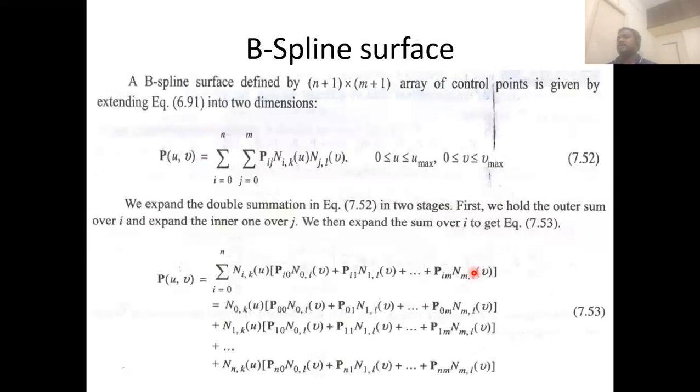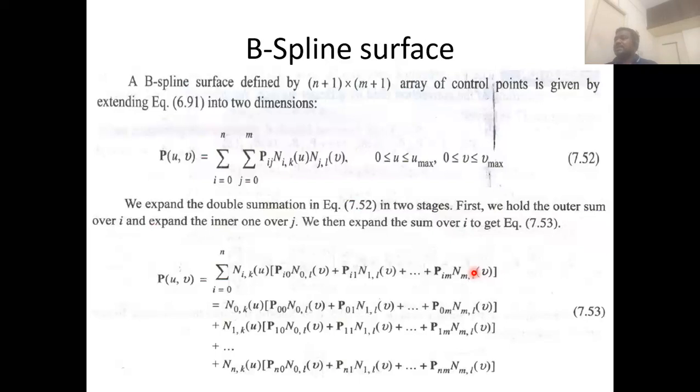Okay, so with this the Bezier surface is over. What we have discussed so far is the Bezier surface. What is its expression? In the u direction and v direction, both, you have to write the Bernstein function and the control point Pij, with two summations where j varies from 0 to m and i varies from 0 to n. Expand it, and you can write the relevant explanation. With that, the Bezier surface will be over.